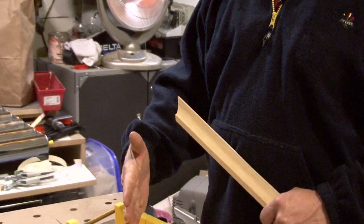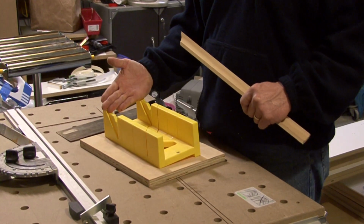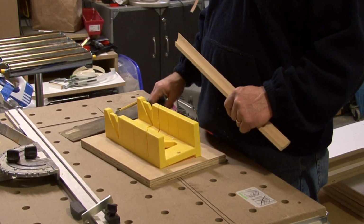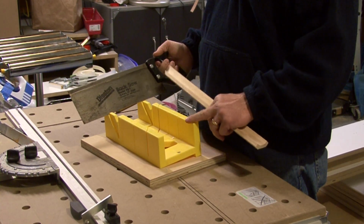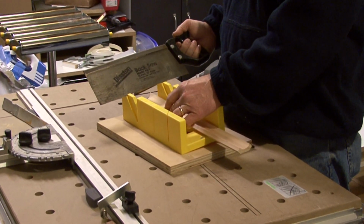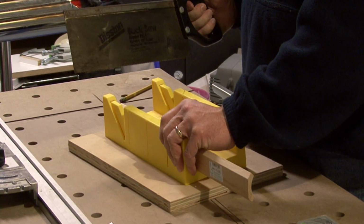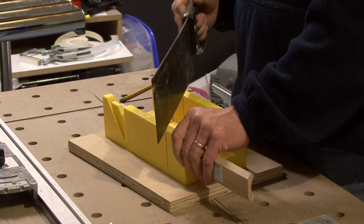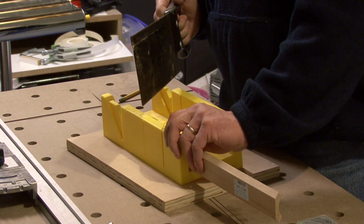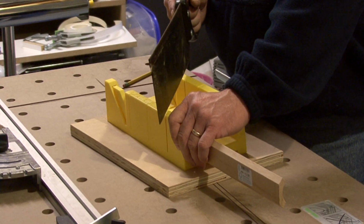In the miter box, you have your 45s set up both ways. You have a 45 on an angle, and then you have your straight cut. Now the angle cut like this would be used for molding that you lay flat down, that might be a little bit wider, but for molding that will work up and down, these are the best ones to use. So what I do is I would line up my line, hold the molding flat against the